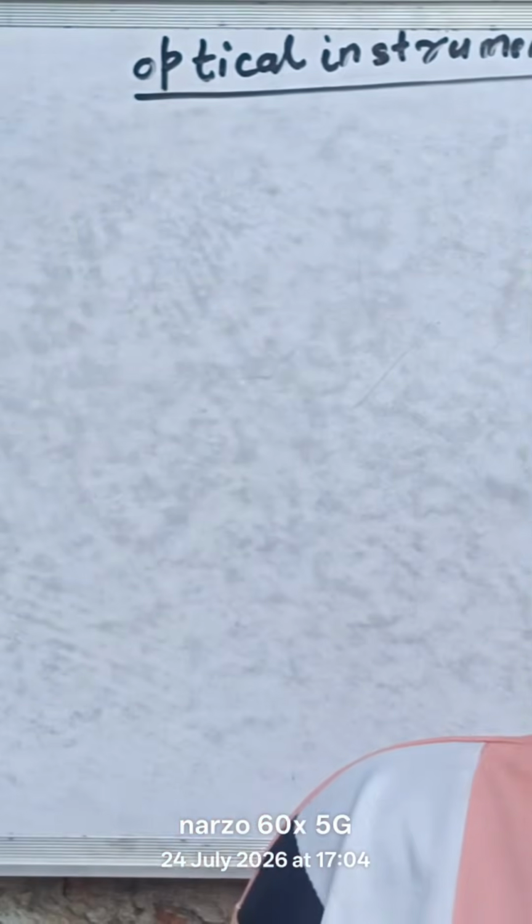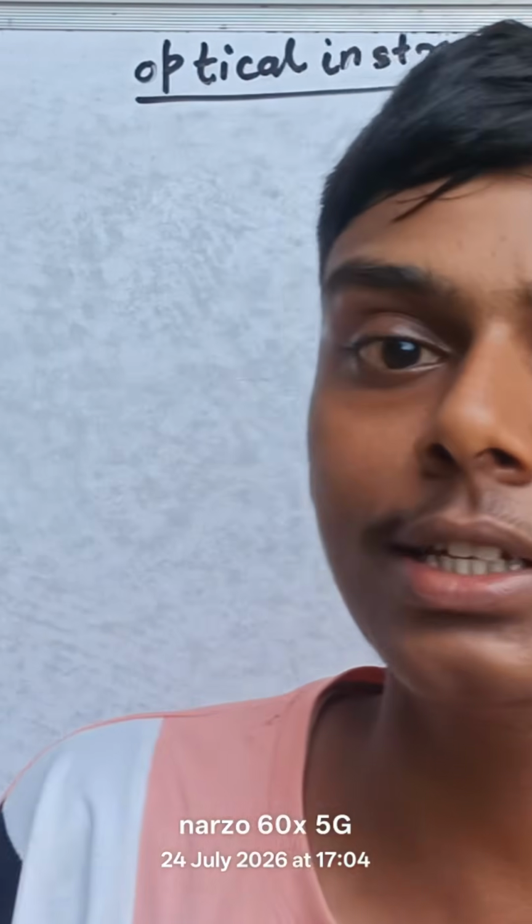Everyone, welcome back again on the Sunlight classes. So basically today's topic is optical instruments from the ray optics chapter, which is a very important topic in terms of our NEET, our boards, our JEE, as well as any kind of competitive exam, and it holds a good amount of weightage of the class 12 physics syllabus.